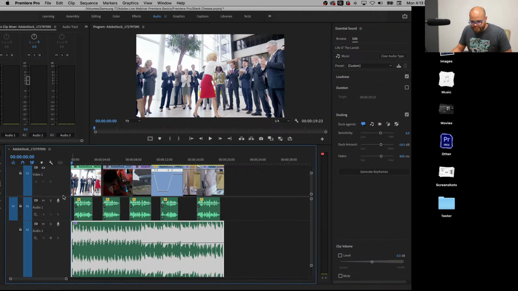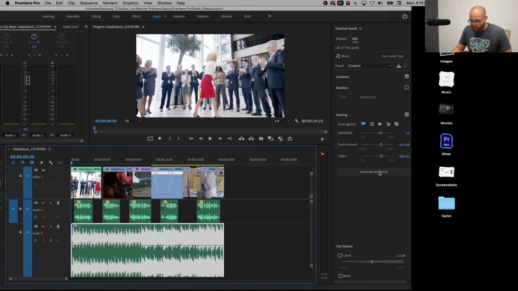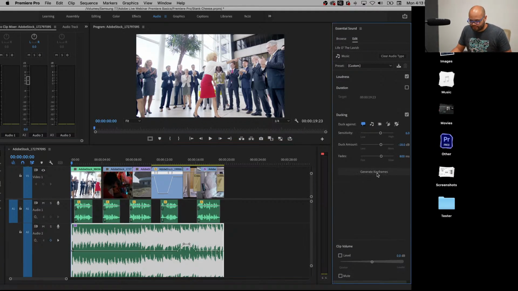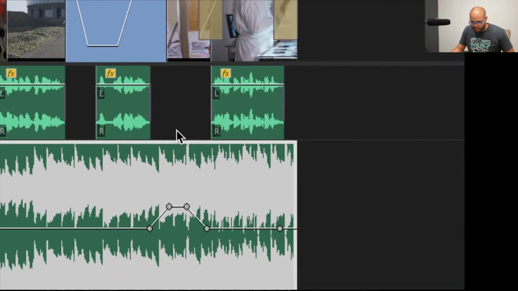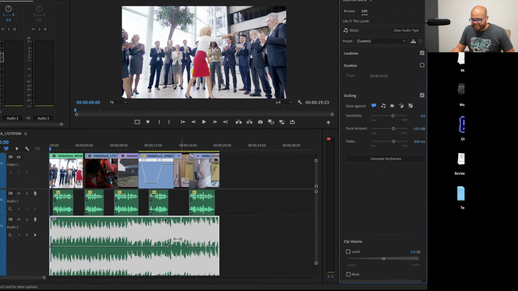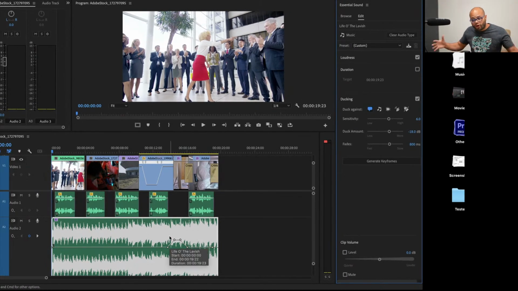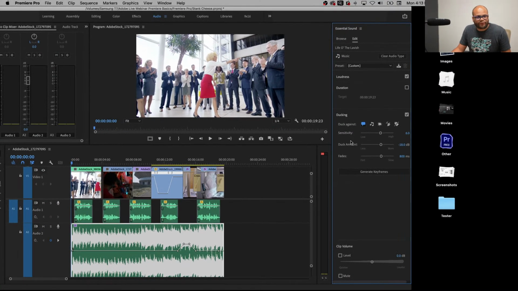So before I do anything, let me just go right here and hit generate keyframes. So let me zoom in. If you notice right here, this line stands for the volume. If you look, it turns up the volume of the music when there's this little gap in the dialogue. Now I can increase the sensitivity of when these gaps happen and how long these gaps are with these 3 parameters. And that's the reason why I wanted to show you what it does before actually telling you what it does with these 3